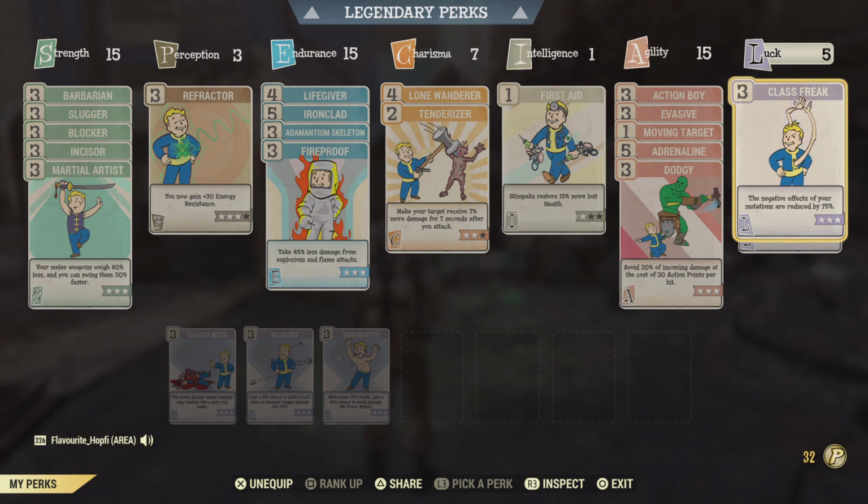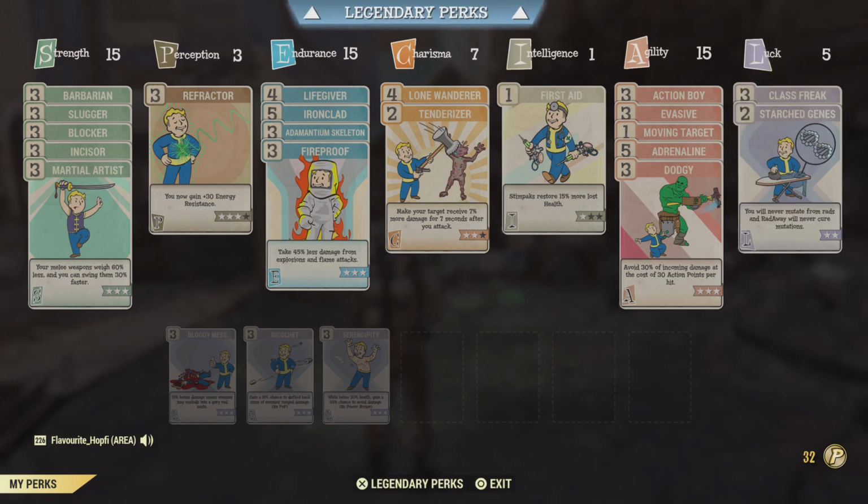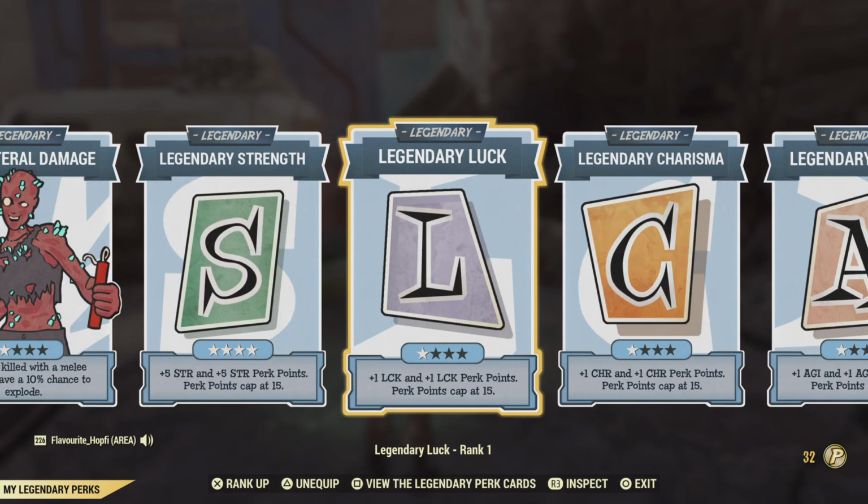But on this occasion, especially the debuffs to agility, they were crippling, because they both reduced my overall resistances as well as the effectiveness of Dodgy. So yeah, I had to go for Class Freak here. And that's it when it comes to the standard perks, and now we're going to take a look at the